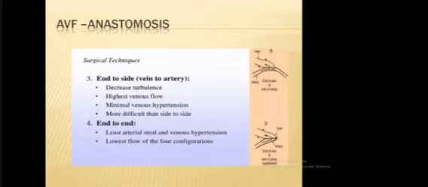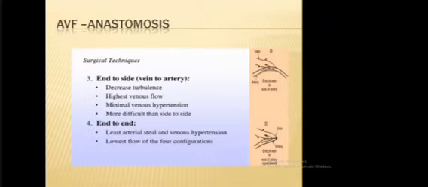It's a decrease in turbulence, with the highest venous flow directly from the radial artery, flow towards the fistula venous side, and minimal venous hypertension. This is more difficult than side to side. The technique is difficult, but this is the classical fistula with the highest venous flow, minimum venous hypertension, and decreased